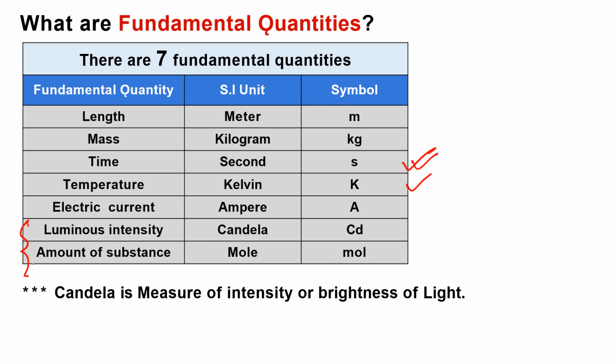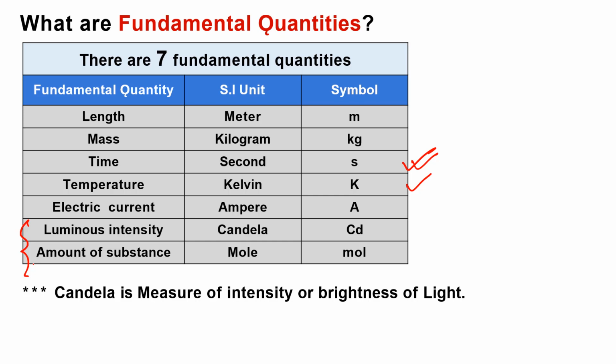These two things are not so much in use, so you can simply remember them. But the above quantities, whatever I have already discussed, that is length, mass, time, temperature, and electric current, will be in use in classes 11 and 12 as well. So you have to remember these five fundamental physical quantities the most, because their SI unit and their symbol will be